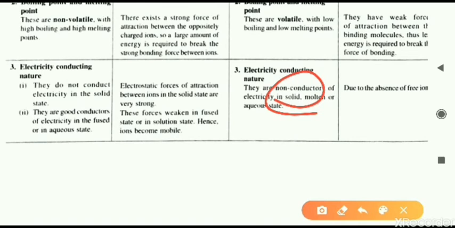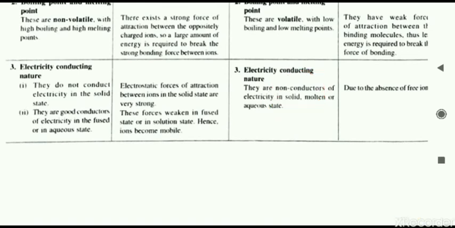What is the reason why the ionic compounds conduct electricity in the aqueous state? Why are they not doing so in the solid state? The reason we will see now, because of the electrostatic force of attraction that is present between the participating ions in the ionic compound. The solid state particles are tightly packed, that you should be knowing. In solid state, the particles are tightly packed, so they cannot move. But when they are present in the aqueous state or in the molten state, the ions are free to move.